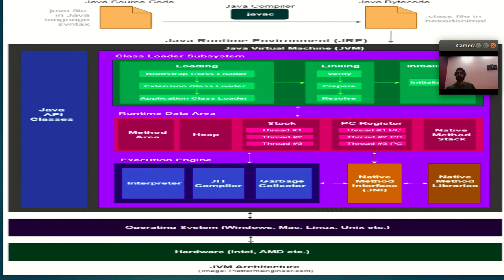Now the next thing is linking. So after loading that class by the class loader, the next step will be linking. Linking contains three parts. First step, it will verify, then it will prepare, and then it will resolve. So what is done in the verification? So verification